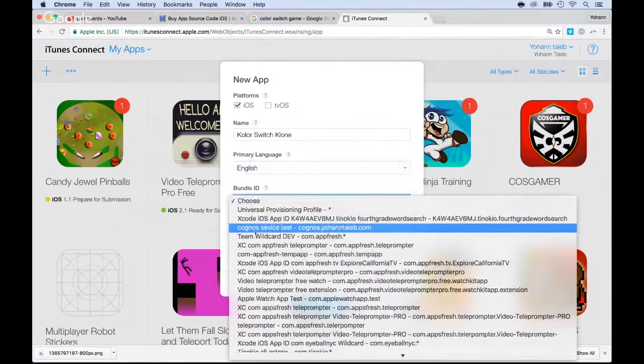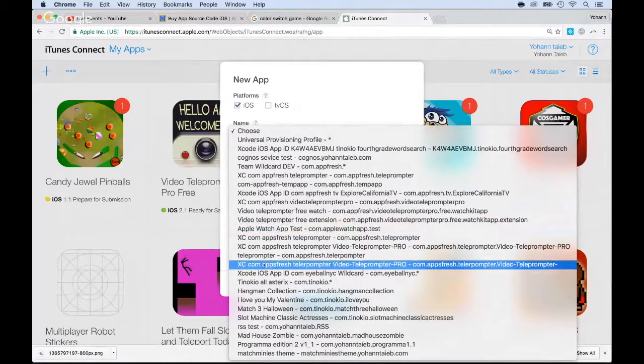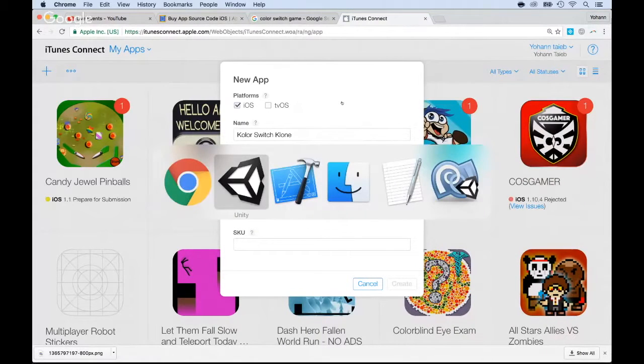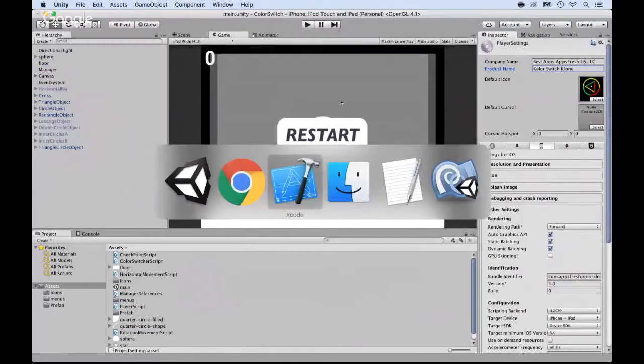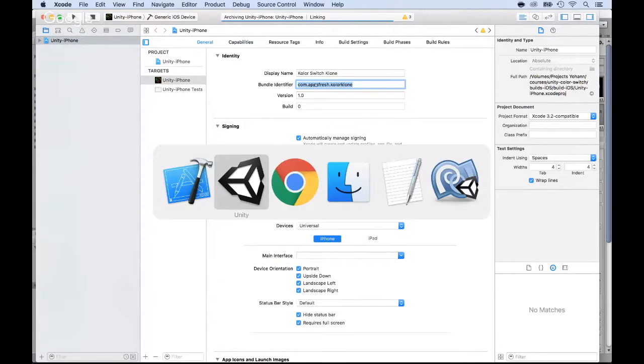The bundle ID, it might not be here just yet. Let's see. It might be there. As soon as I create the build here, it will appear. Okay, so it's still linking. So we'll have to wait for this to finish so that we can have that. If not, let me show you how to create it. I'm going to take that, go to